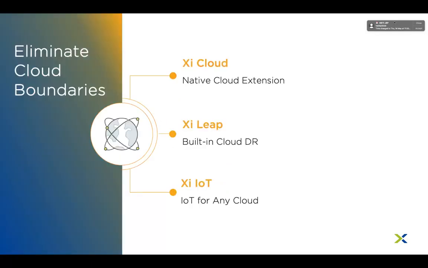The last products that we have here, or the last subcategory in the enterprise products, is products to eliminate the cloud boundaries. And we mainly refer here to our public cloud, which we call Xi. Xi is the name of Nutanix public cloud. And one of the very first products that we offered and launched inside Xi is Xi Leap